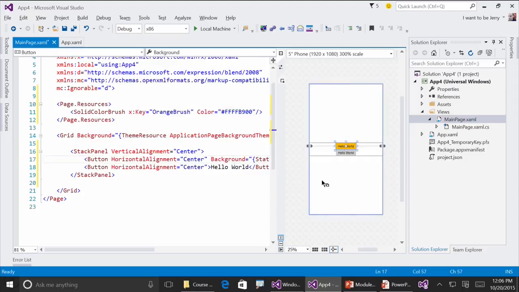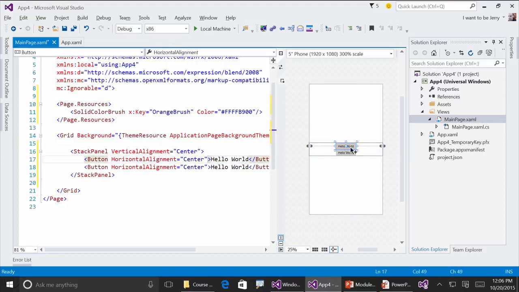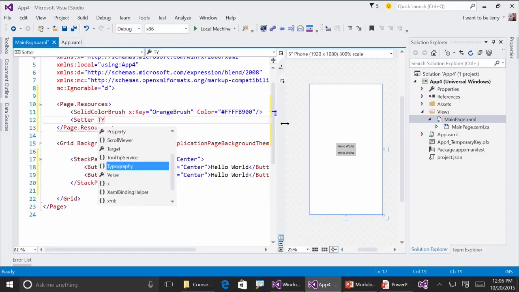So what's changed down here in our button is the resource now goes to the static orange brush. Well, that's nice. That's not what I want, though. I want to make it so this applies to everything, but I'd like to do it implicitly because I think that's sort of a fun thing to do. So I'll take the background off. You can see it goes back to its default of gray. And I'll create an implicit style that targets